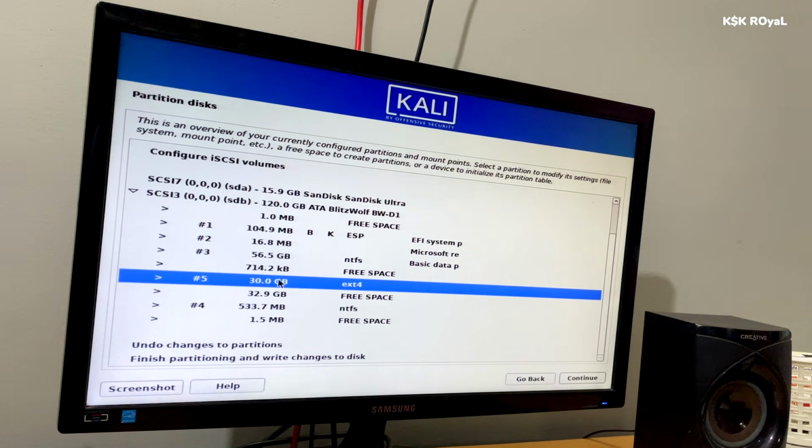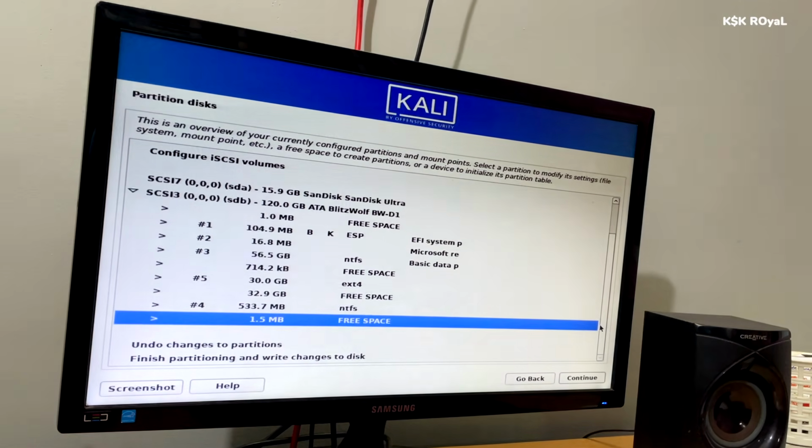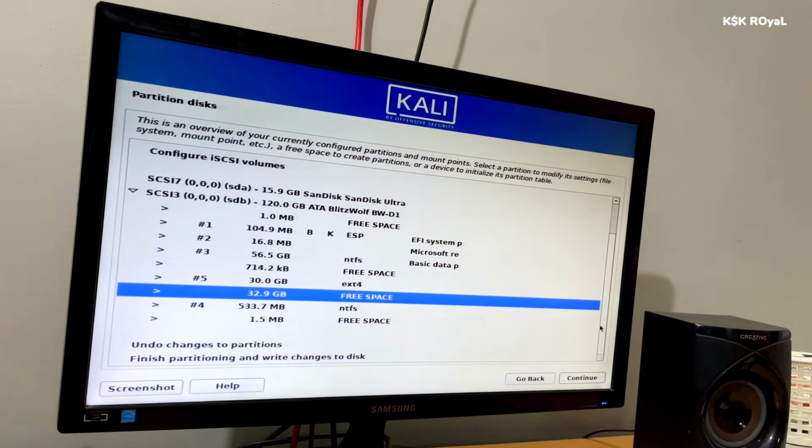And if you notice, every UEFI system has a partition named ESP, aka EFI system partition, which is where the Windows, Kali, and Ubuntu bootable files will be present. Now in this case, we are sticking with the two partitions, root and swap. Now anyway, first I'm going to create a root partition. To do this, select the free space and tap on continue.